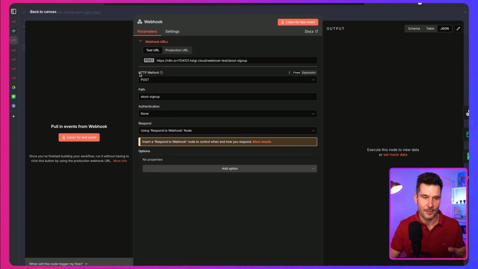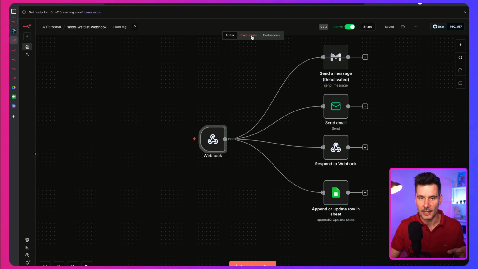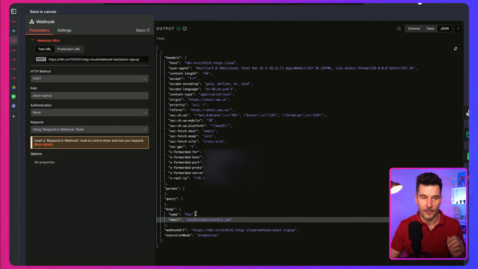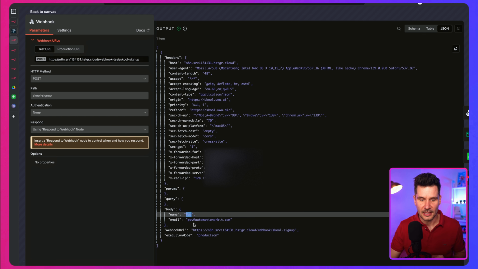We have the HTTP method POST. I set the path to something more meaningful because usually it's just a random combination of digits. So what happens, the form actually sends the HTTP request to this webhook. If we go to the executions, we're going to see some outputs. So we have our webhook, which was triggered by the POST request, and here we have our data, name and